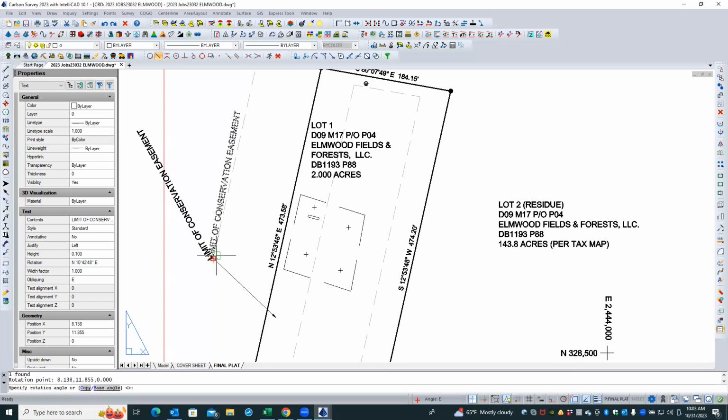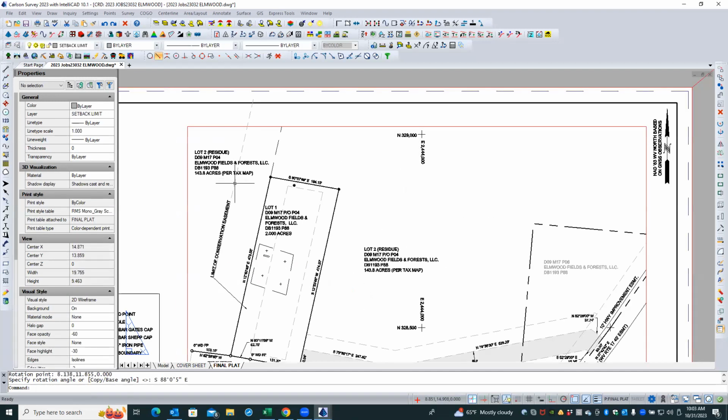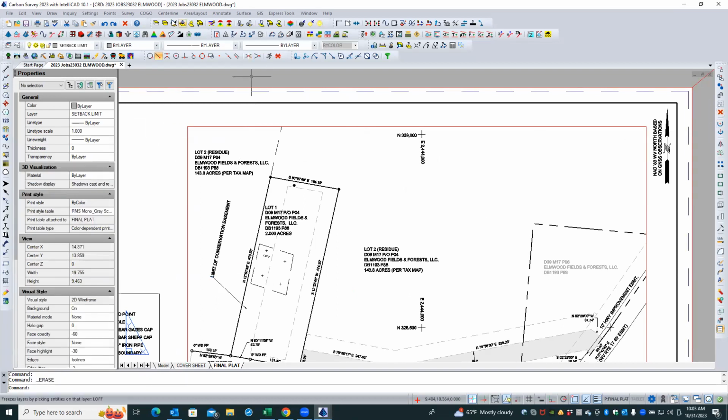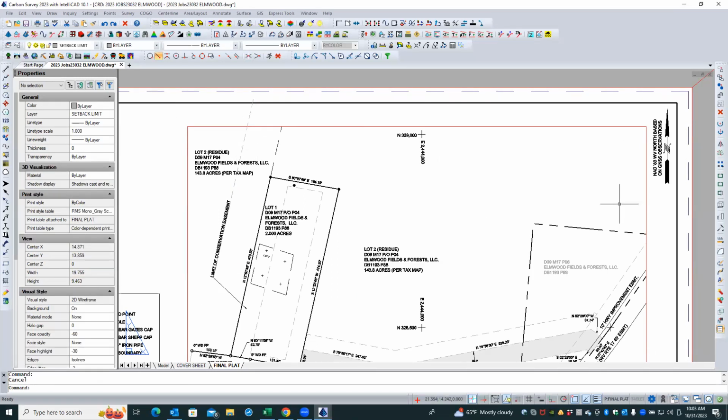Let's just rotate. Do a by. There's nothing to see. There's nothing on that text that I can snap to other than its insertion point. Right. Now I can, though, if I look at this and it's a polyline. The one thing I don't like about the polylines is it won't show you in its properties its actual angle. But if you explode that into being a line,